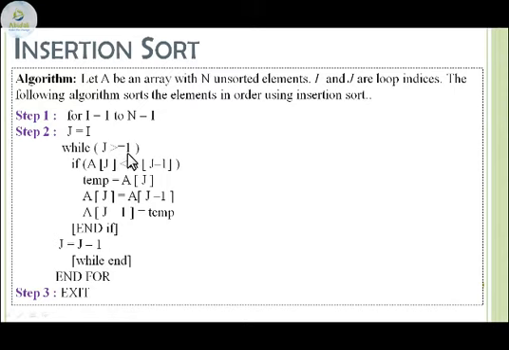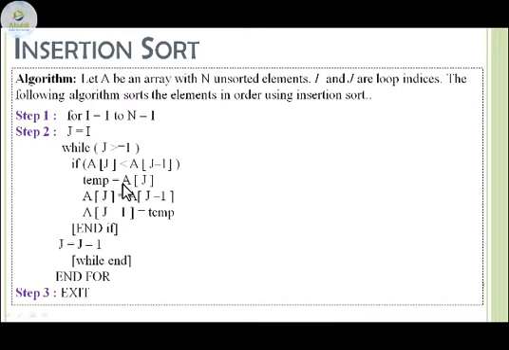So j should be greater than or equal to 0 for the comparison, because there are no elements on the negative scale. If you write it as greater than 0, then 0 minus 1 is minus 1, and the index minus 1 does not exist. So the j value or the repetition should be greater than or equal to 1, because no negative indexes can be represented by using a of j minus 1.